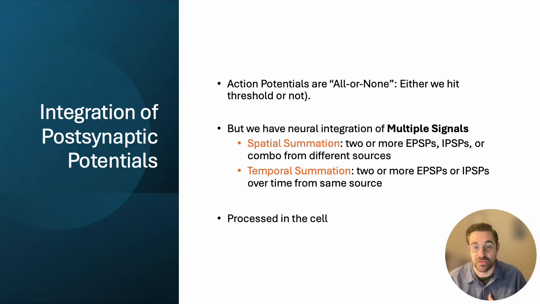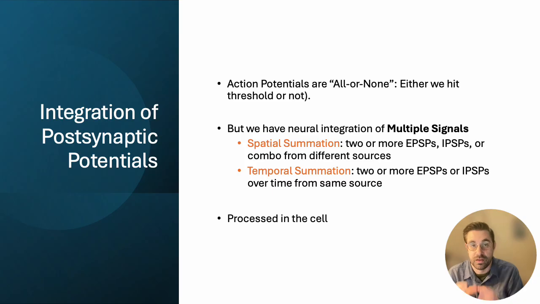One thing about action potentials, once you reach threshold, is that they're all or none. So either you're going to get excited enough to hit the action potential at the threshold or not. You don't just get a little bit of an action potential or a really strong action potential. It either hits threshold and goes or doesn't. But that doesn't mean that each signal, so you get a signal from this neuron to that neuron and it excites a little bit, needs to be strong enough to get to threshold, because we can integrate multiple